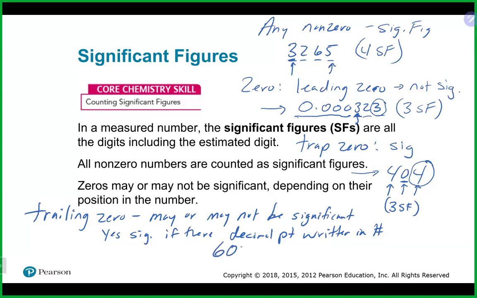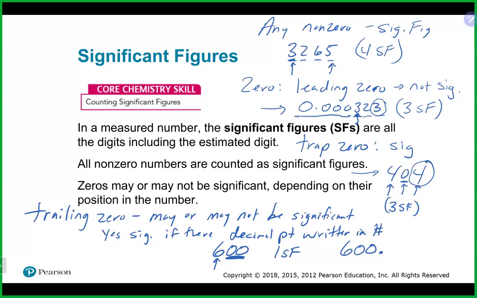So if I had this, 600, how many significant figures would this one have? It would only have one. Again, we're going to start counting left to right. That is a significant figure. These are zeros that come at the end. There is absolutely no decimal point actually written in that number. One significant figure, yeah. Now, if I take my 600 and put a decimal point at the end,